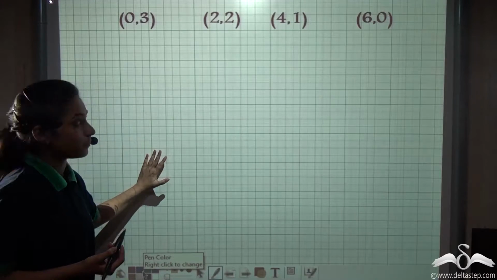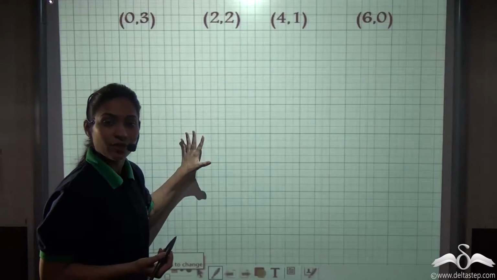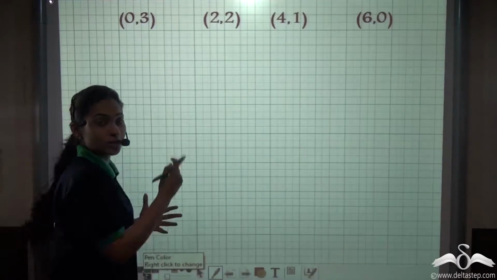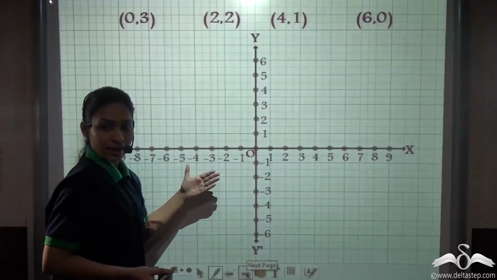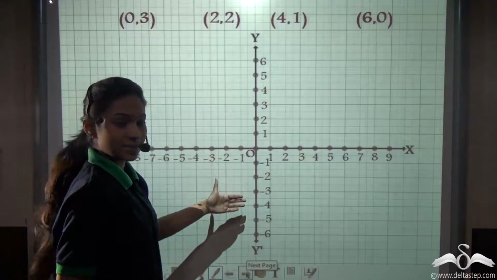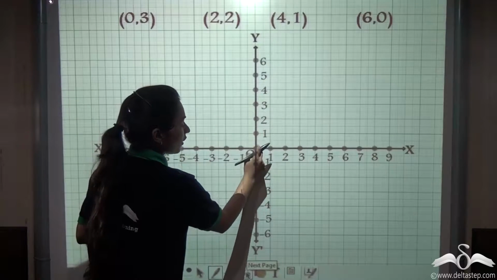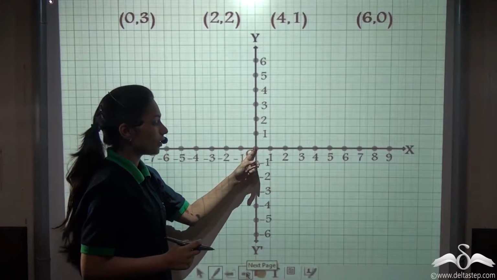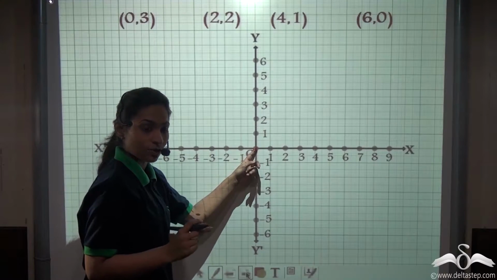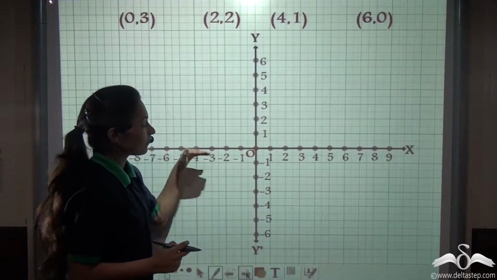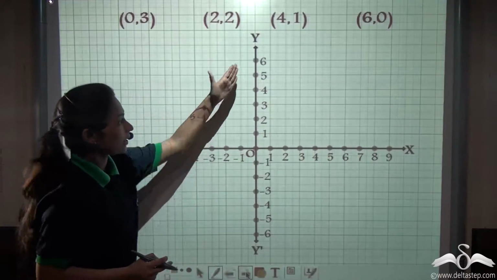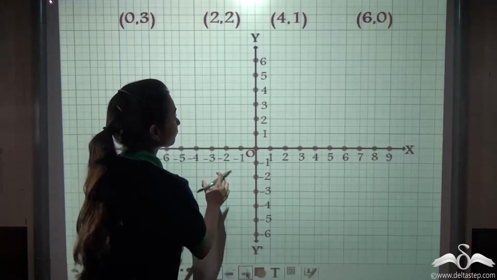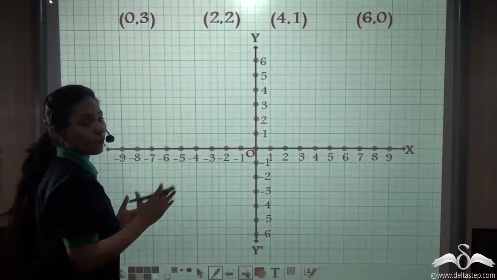You see, this is the graph paper and we have got 4 points that we have to plot on the graph paper. Do you remember how we plot points on a graph paper? There we have the x-axis and the y-axis, and the point where both intersect is called 0, that is the origin. So this is the point where the x and y axes are both 0. We have the x-axis and the y-axis plotted with numbers. And you know what quadrants are? You can recall them. Now we have these 4 points to plot.